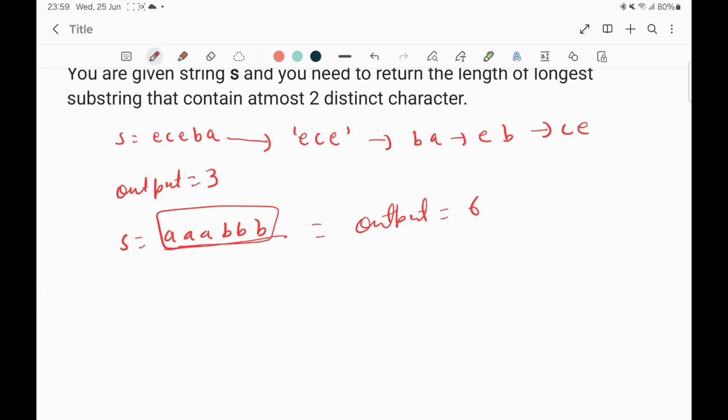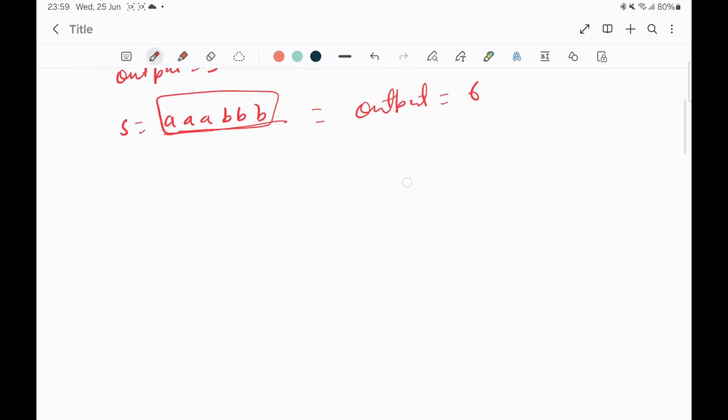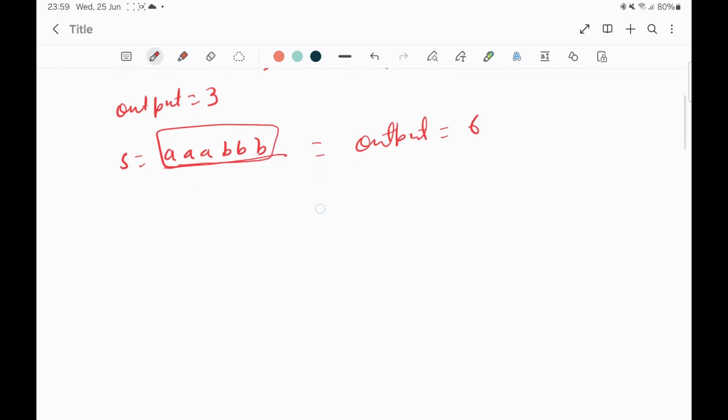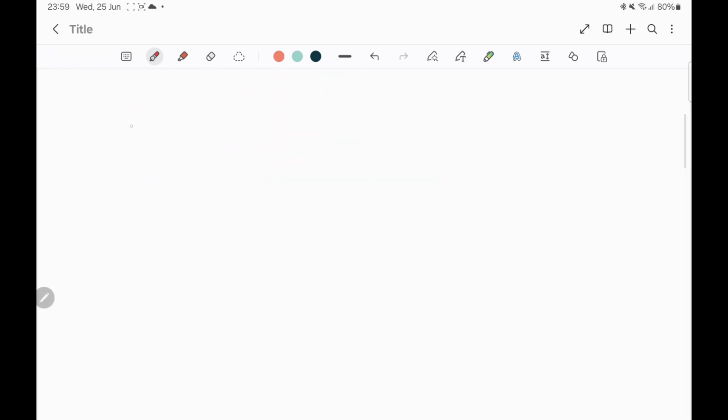So our goal is to look at every possible substring and find the longest one with 2 or fewer unique characters. But checking every substring one by one is too slow, so we use a technique called the sliding window. A sliding window is like a moving frame over the string. We start with both left and right pointers at the beginning. So let's take the example